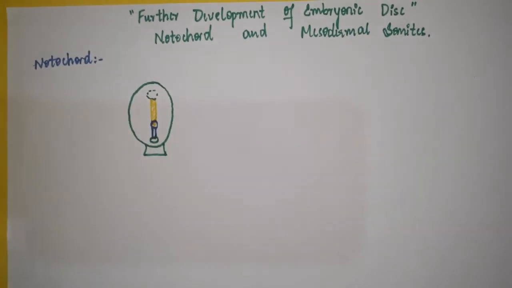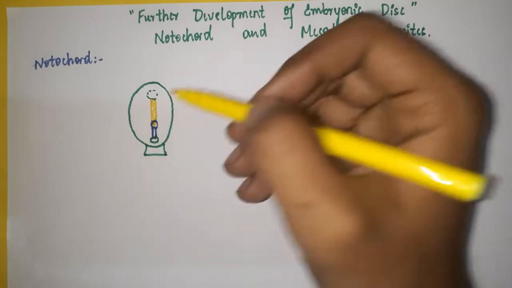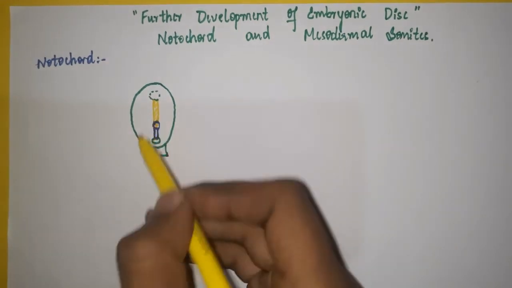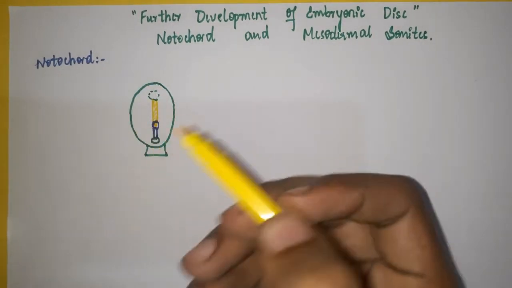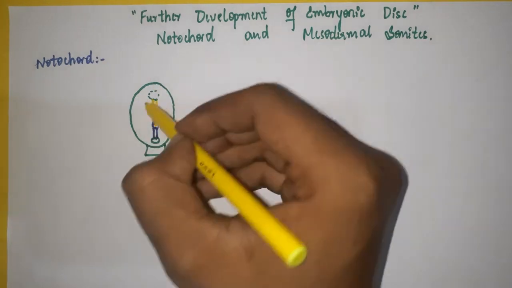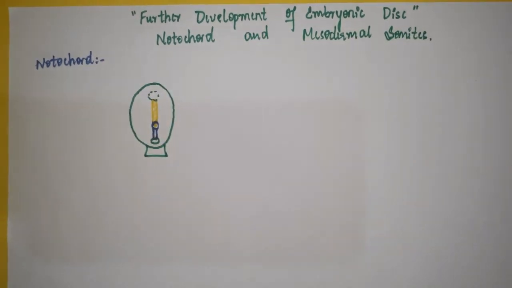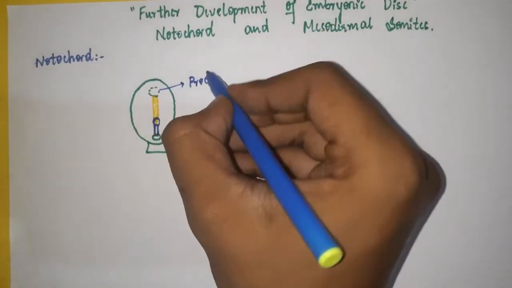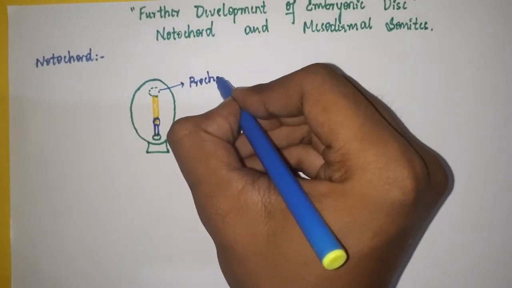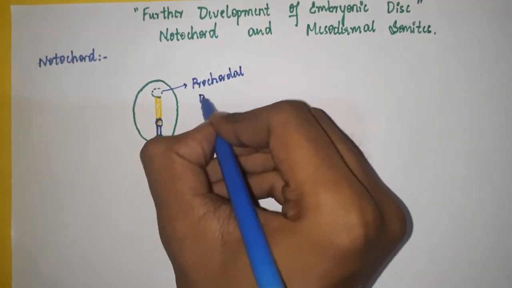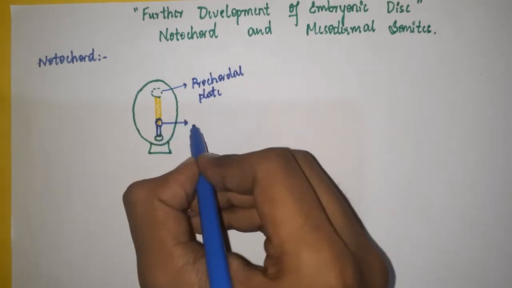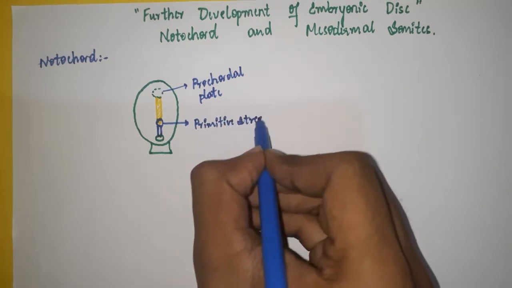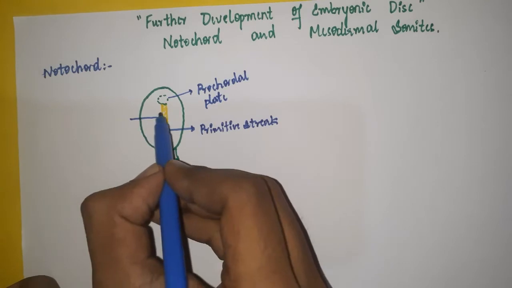Okay. Now, what is the notochord? It is a midline structure. It is present in the middle, and it lies in the region between the cranial end, this is the cranial end, and this is the caudal end. This is the primitive streak, cranial end of the primitive streak, and the caudal margin of the procaudal plate. This is the procaudal plate. Just remember these names, important: procaudal plate and primitive streak. So finally this is the notochord.